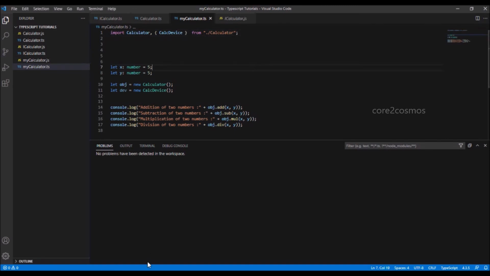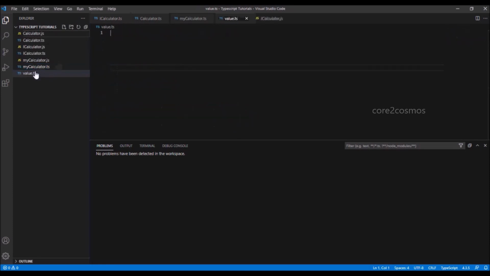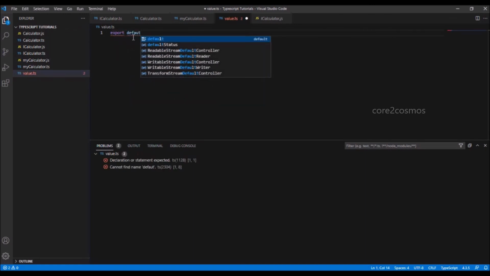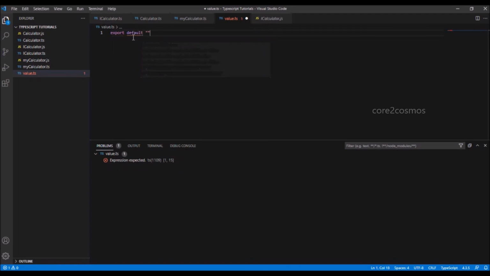Using the export keyword in TypeScript, we can export only values as well. I create a TypeScript file value.ts and I say export default 12345.